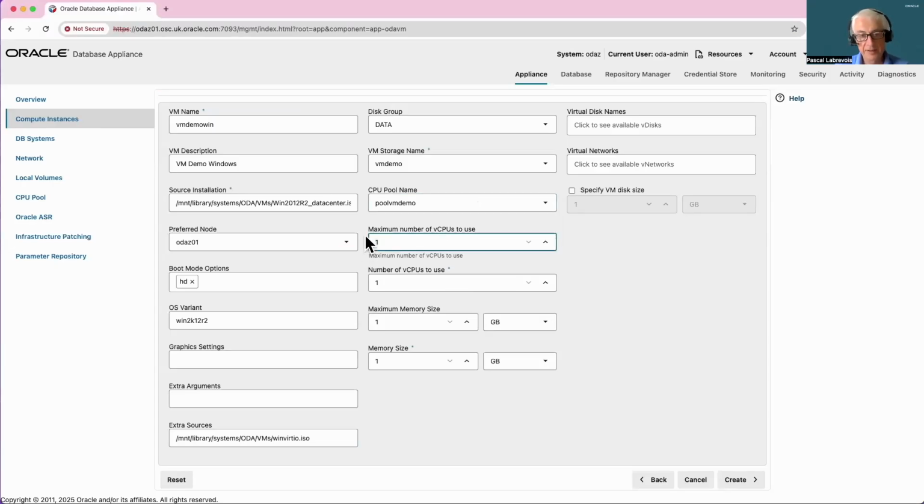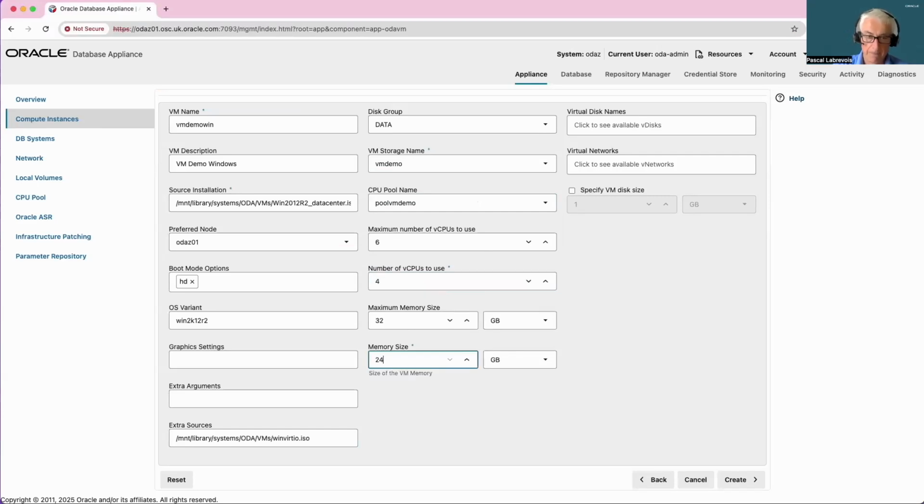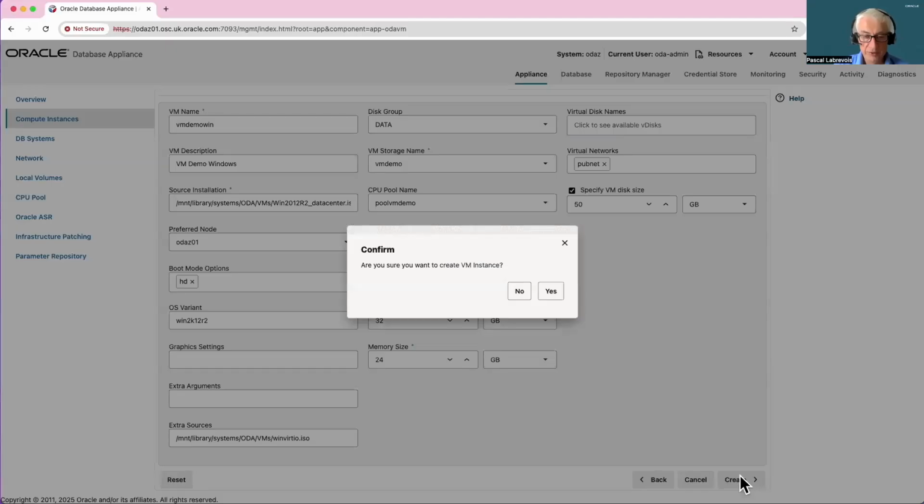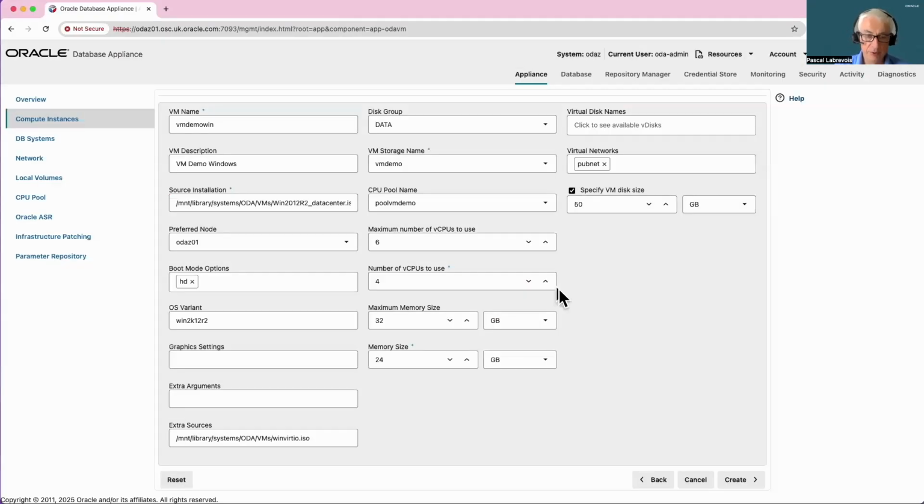And as before, I can select the memory and CPU used by the Windows VM. So I can also select the virtual network and a boot disk size. So I press create. That will also again submit a job to create the Windows VM.